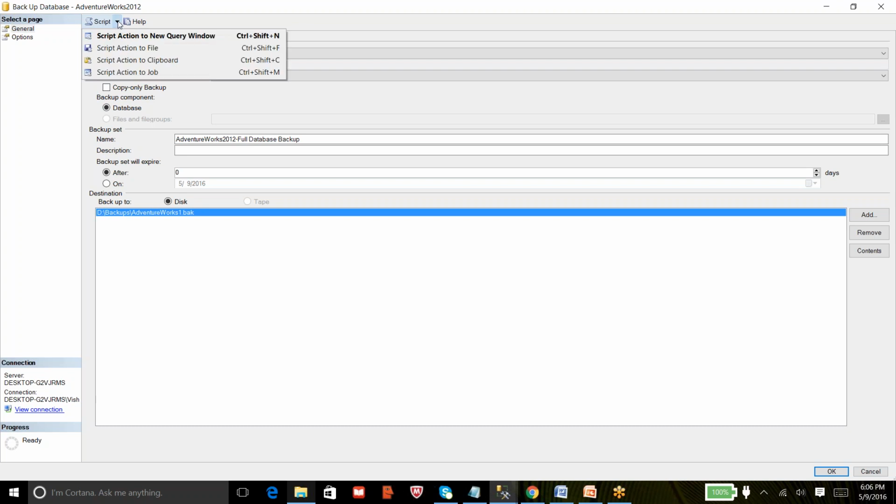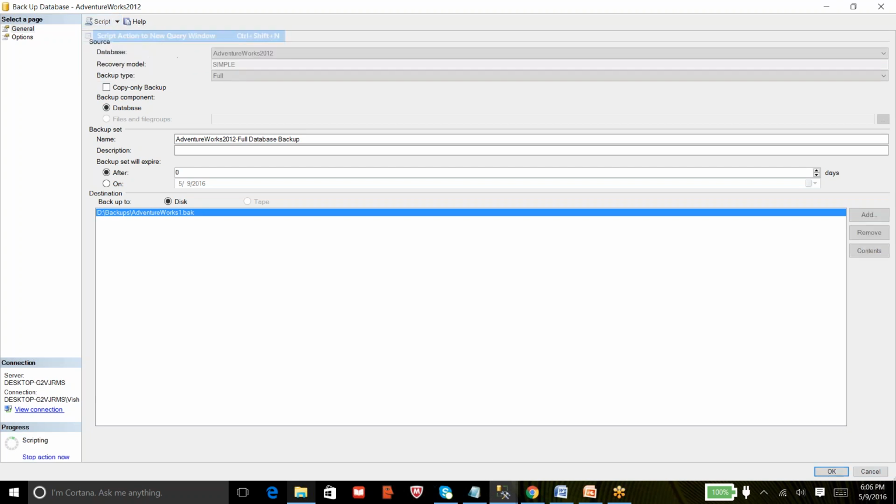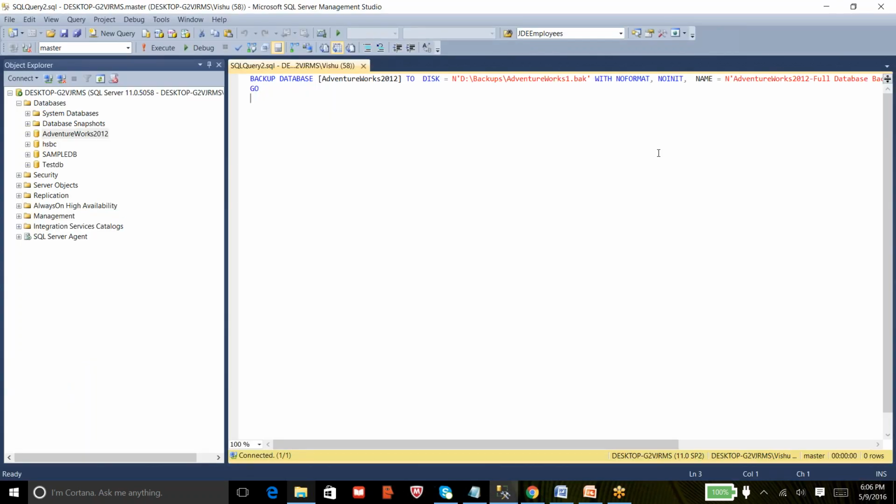You can click on the drop down and select Script Action to New Query Window. So it will script out everything to your new query window, and you can just run this query to take a backup.